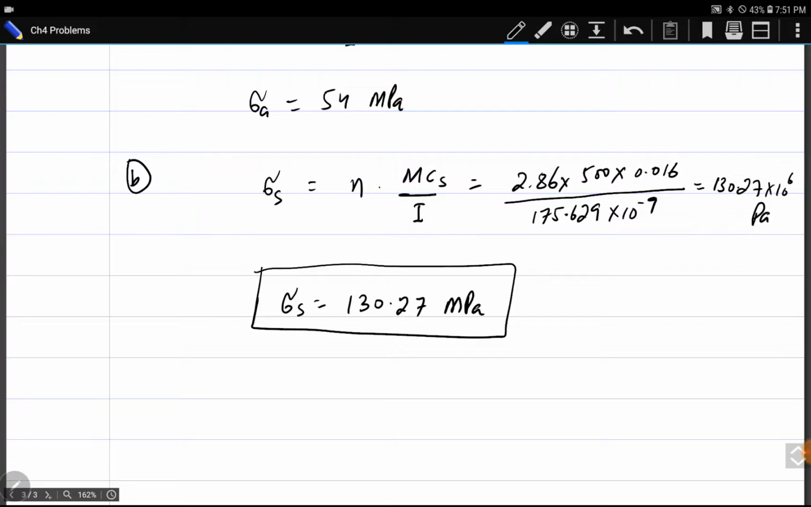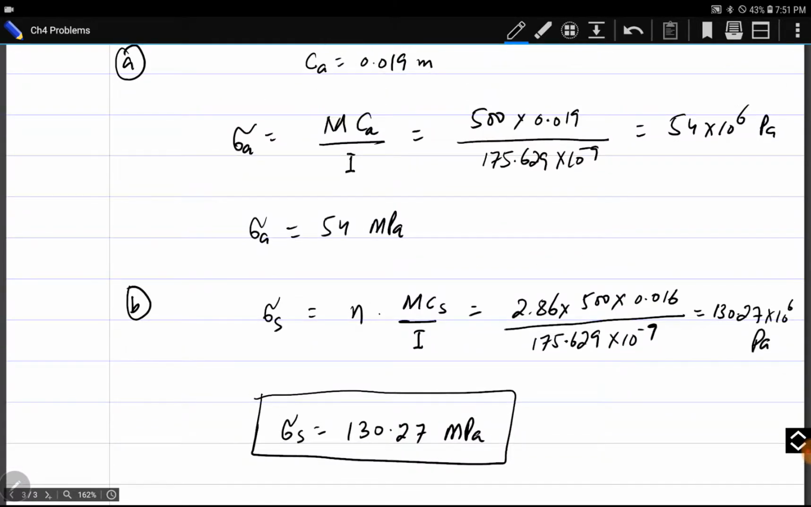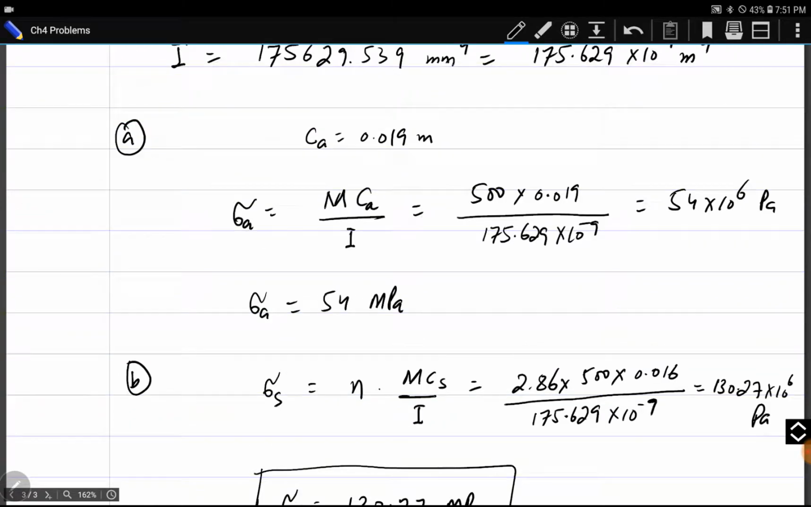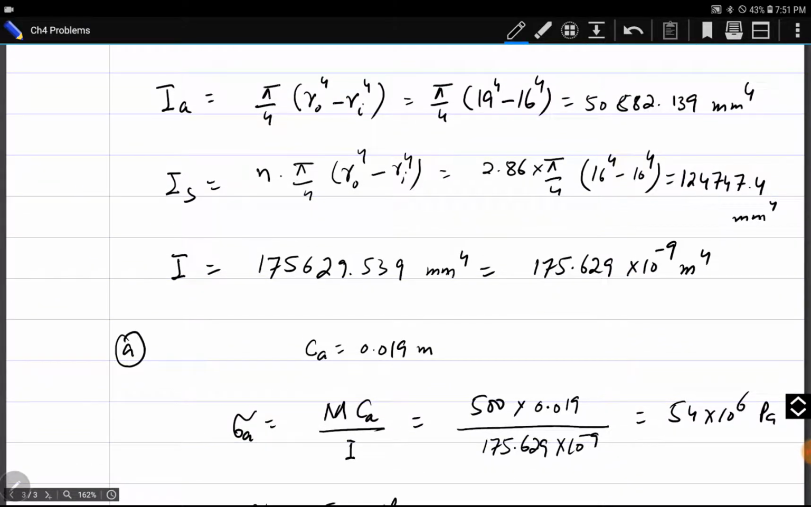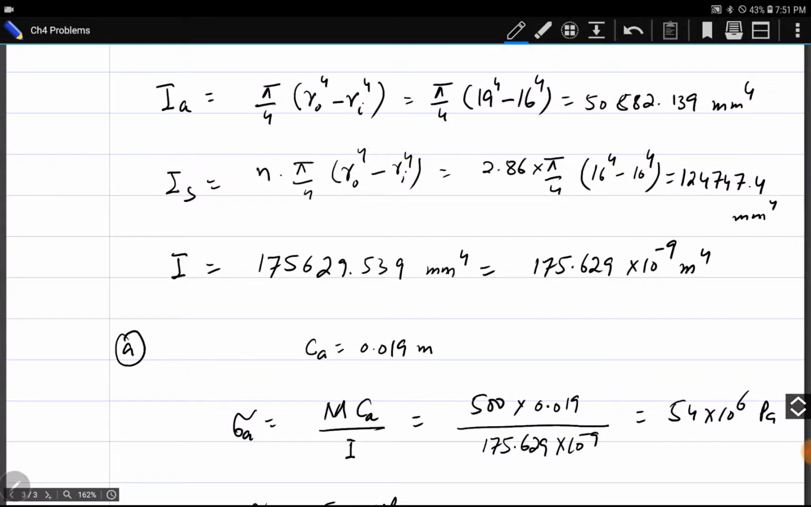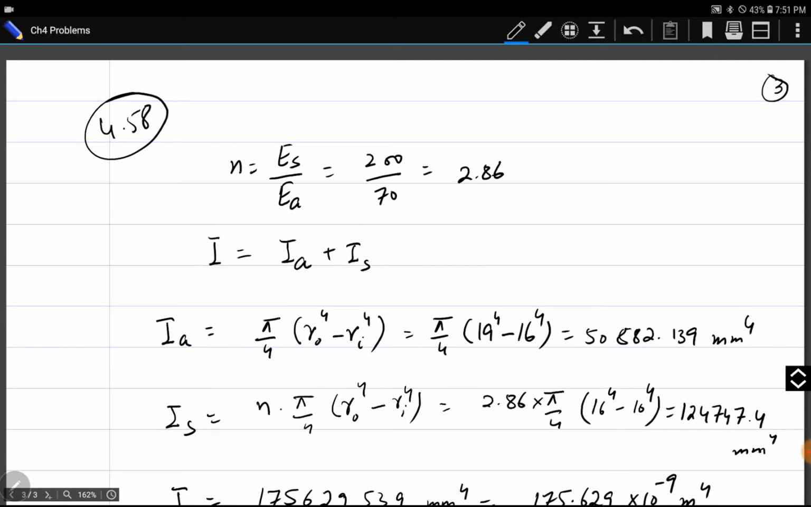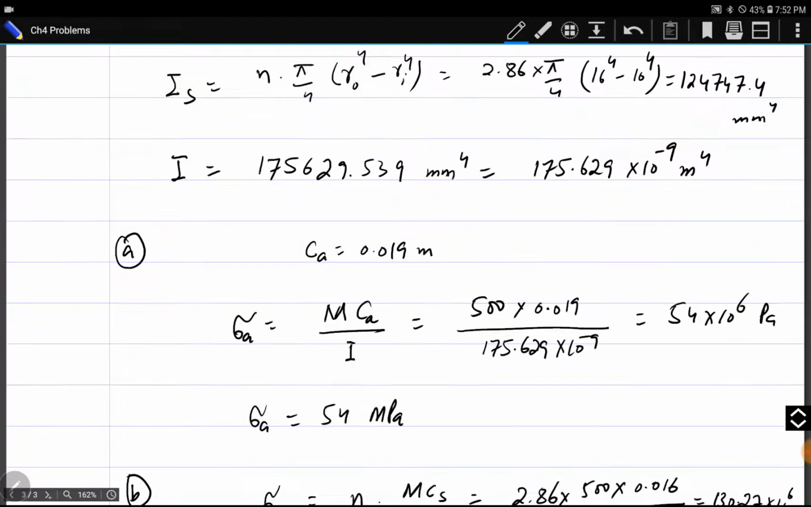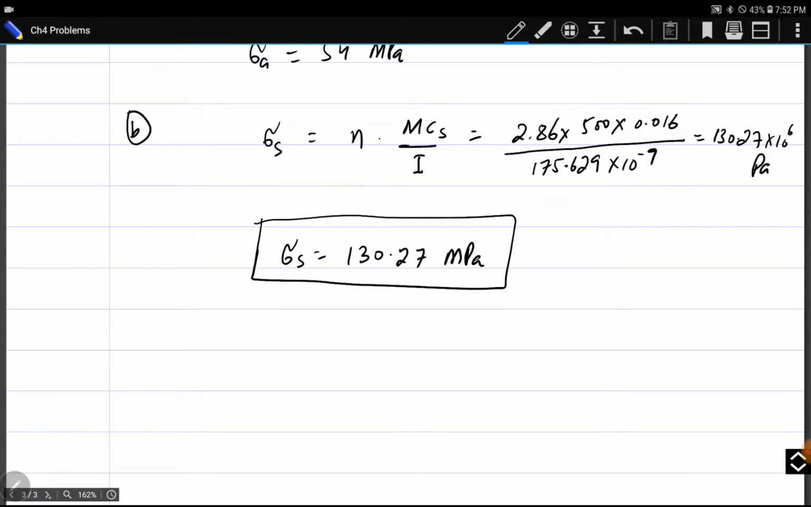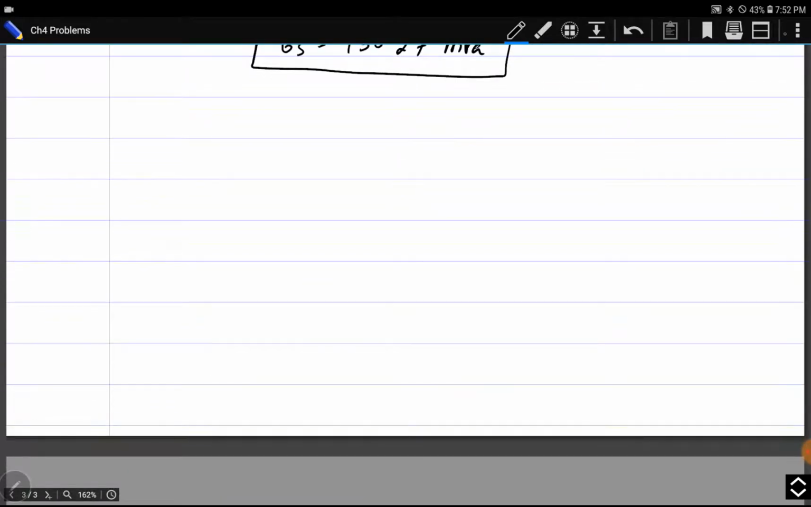Okay, so it was very simple. We use the same formula M C over I, but we multiply the value of stress for steel with N because we replaced steel with aluminum. Before that we found I. In I, we multiply the value of I for steel with N because we replaced steel with aluminum, and N is simply a ratio of the greater modulus of elasticity over the smaller modulus of elasticity. Okay, we will move towards the next problem,